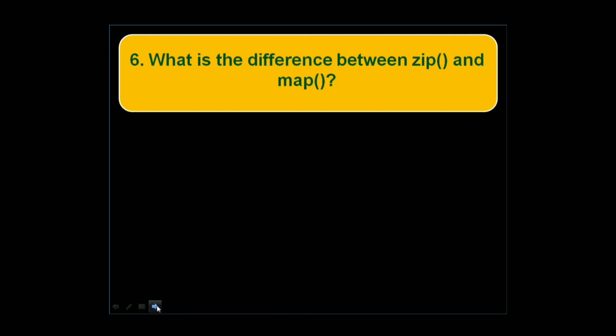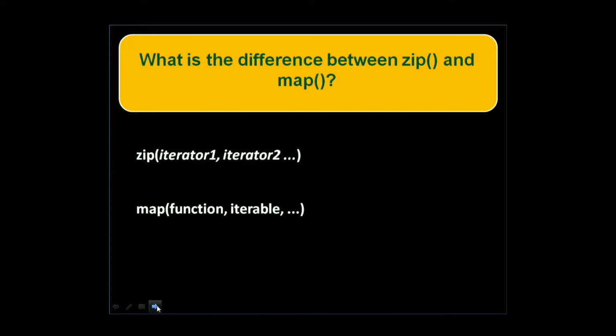Okay, you're supposed to tell the difference between zip and map. Might be a little confusing or might be not. Try that out. And here you go. Zip and map have a considerable difference between them. And well, if you see, zip basically combines 2 lists, or let's say 2 iterators together, one by one, like the first element of list 1 and first element of list 2 gets co-joined together. And what map does is, it basically takes an iterable and applies the function on each element of that iterator.